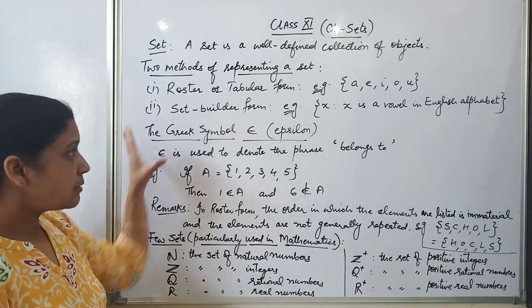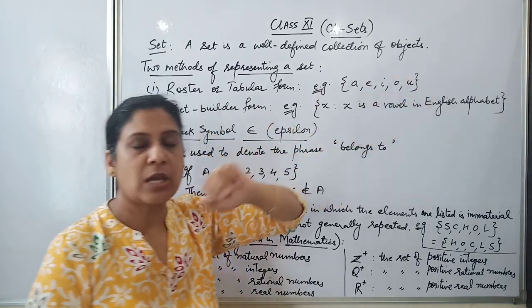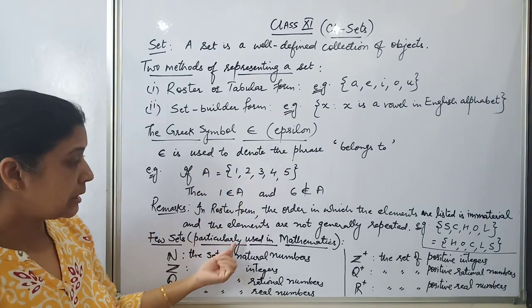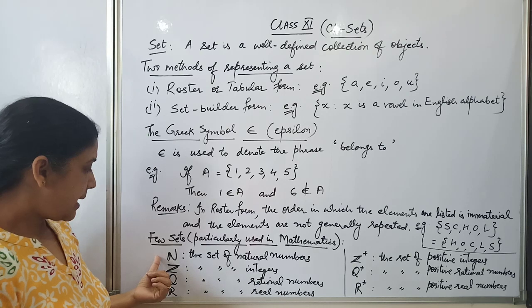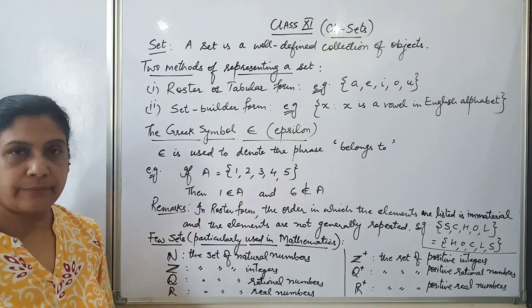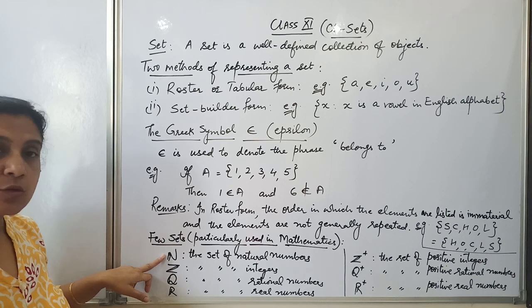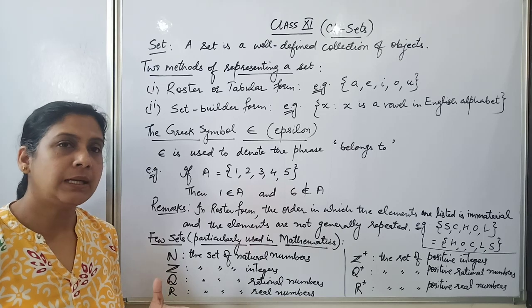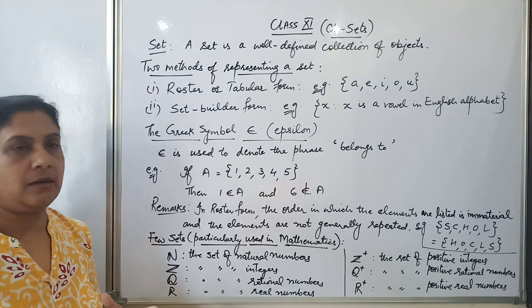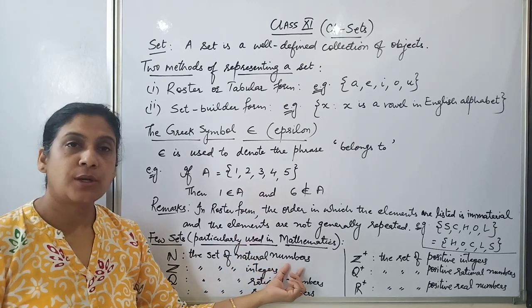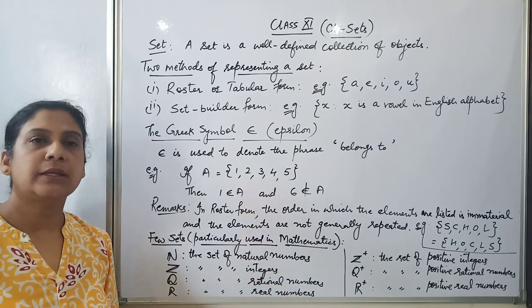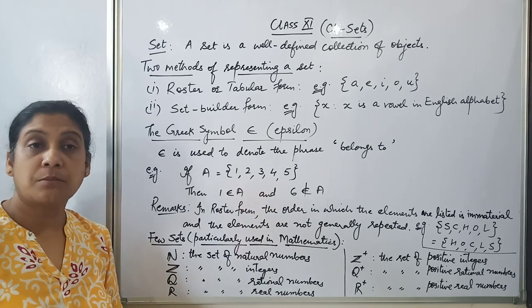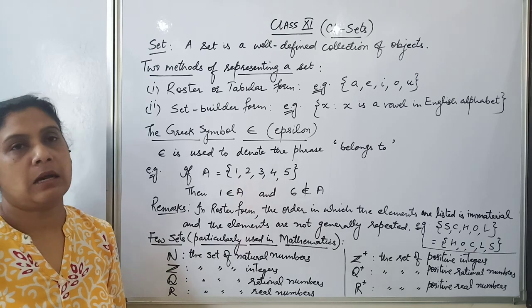Then these were the simple sets. Maybe we are using it in English alphabet, maybe we are having the collection of toys, maybe we are having the collection of numbers. Now a few sets which are particularly used in mathematics. For example, N, the set of natural numbers. You must see I have highlighted this one side of N. This highlighting means we are not talking about the simple letter N. We are talking about the set N, that is the set of natural numbers. In this set, we have the collection of all the numbers 1, 2, 3, 4 and so on. So this is an infinite set because the number of elements in this set is uncountable.